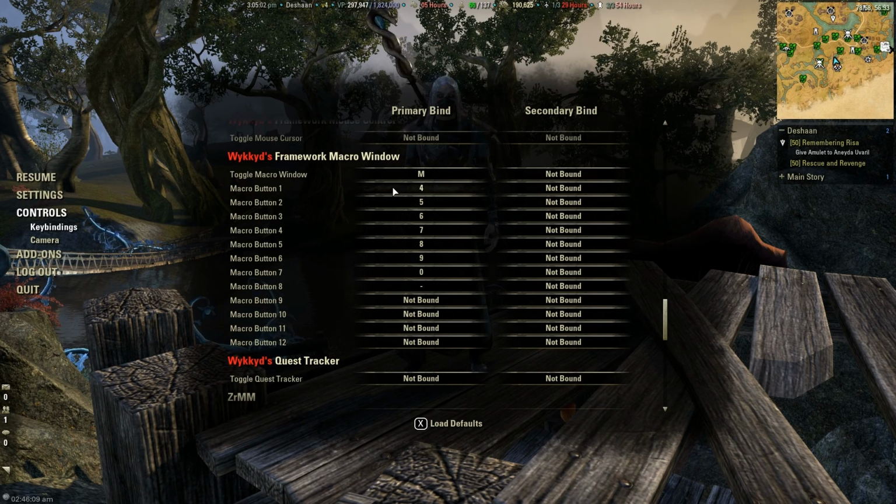I've started with 4 because I use my 1, 2, 3 keys for other abilities, but it might make logical sense to map the 1 to macro 1, the 2 to macro 2. It's up to you. You can map them to anything. But map the keys to the macros and to toggle the macro window. And then